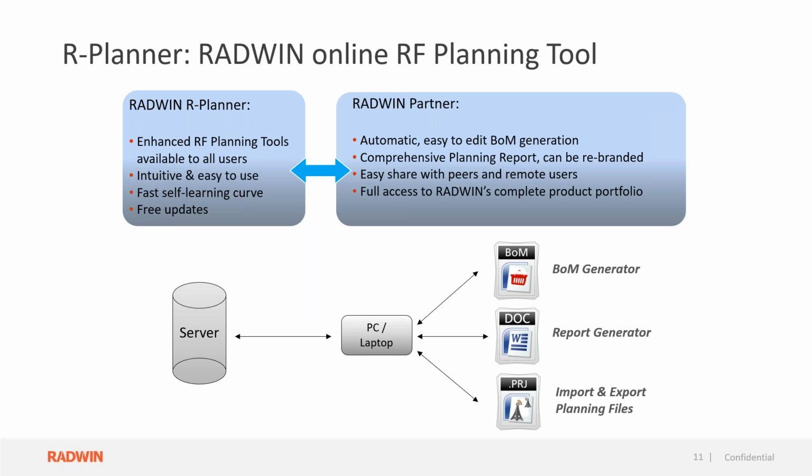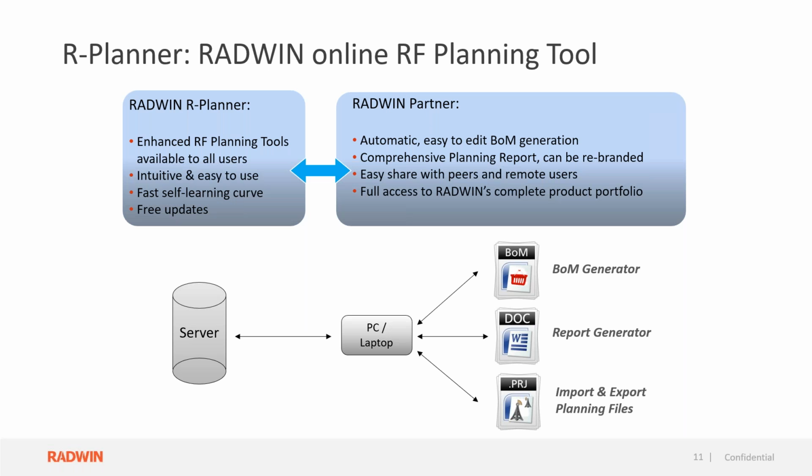The server is located in RADWIN, and when you download the radio planning software, you can install it on your computer. The output of the radio planning when you complete the planning is a bill of material, a document report generator, and a PRJ file which you can export and import. You can send the planning file to your manager, to your colleague, or even to the installer that is doing the